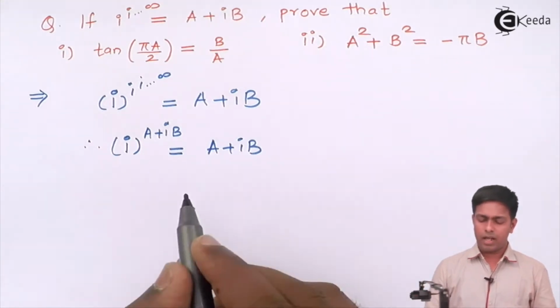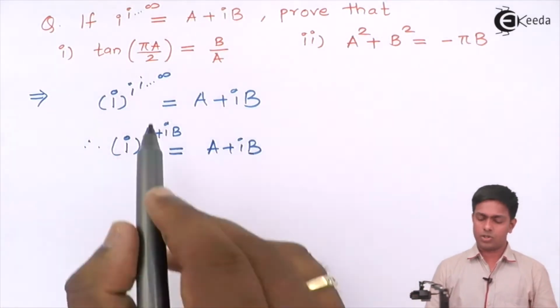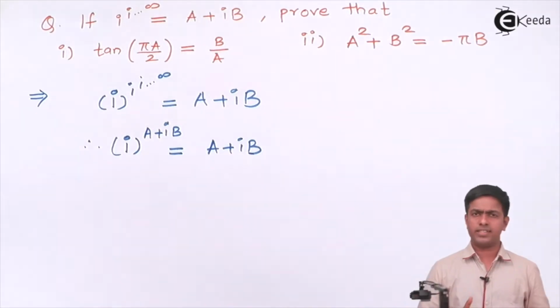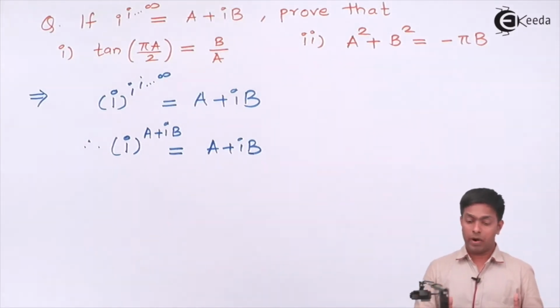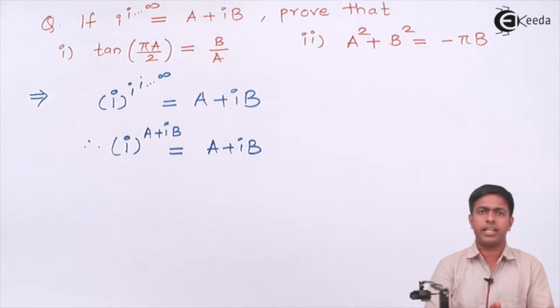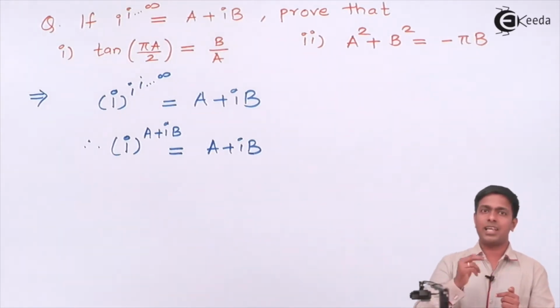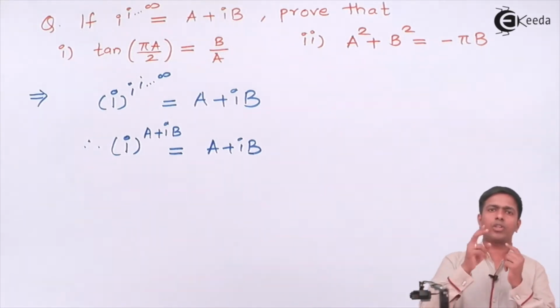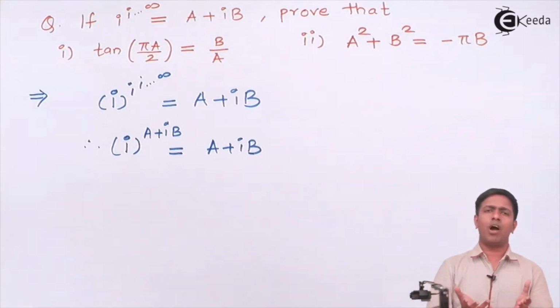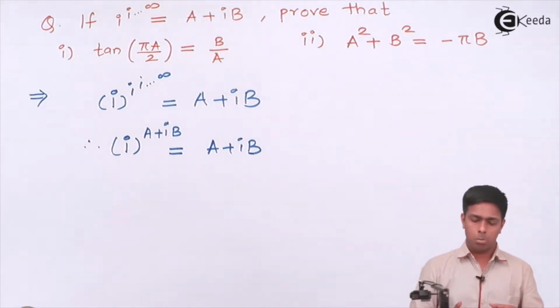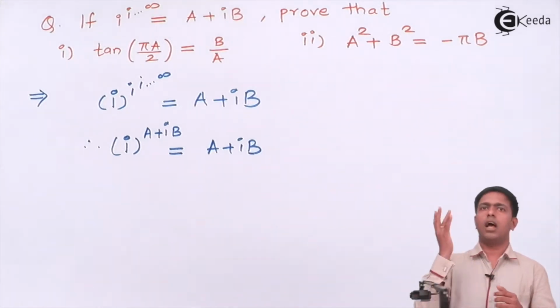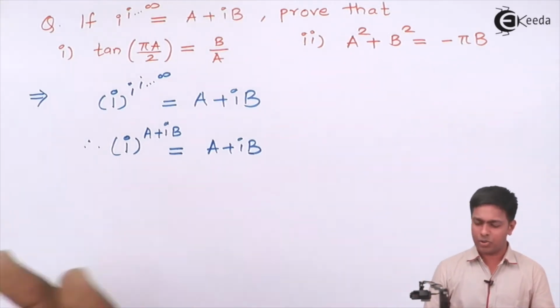Okay, so now let's solve this to get these values. If I see the right hand side, it is a complex number in standard form, where one real part and one imaginary part are there. But on the left hand side, it is not the case, because on the left hand side we have i in the base and a plus ib in the power. Both are complex numbers. We know how to find x square, x cube, 2 cube, because they are real. But here the base is a complex number and the power is a complex number. It's very difficult to get the answer.